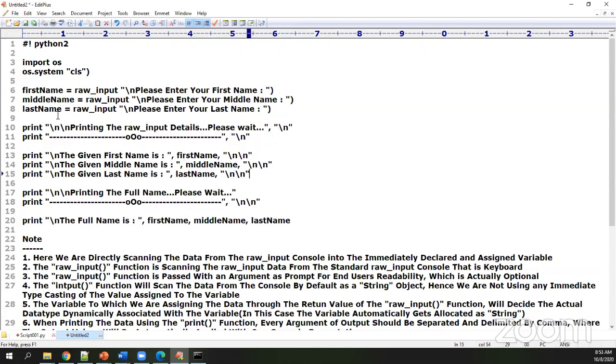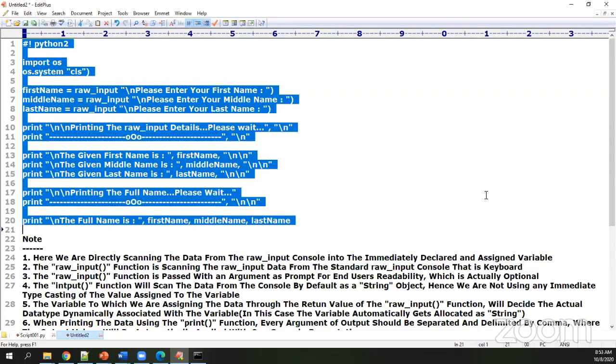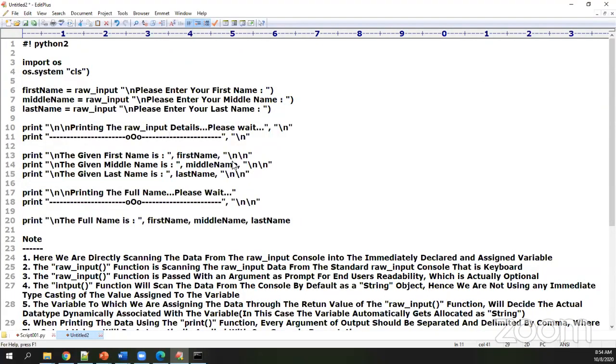So that's your composition of raw input with your print. In the second version, you don't have print with brackets. Can you remember this? Just for your information, I'll save it and I'll push it to you when I'm sharing my scripts.